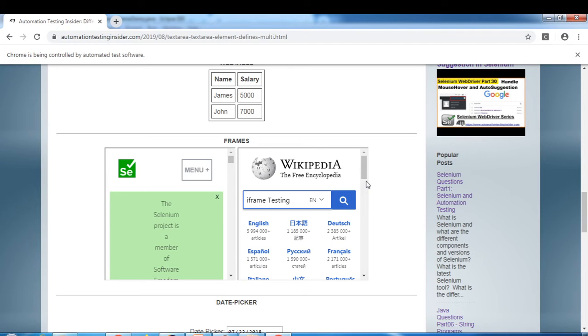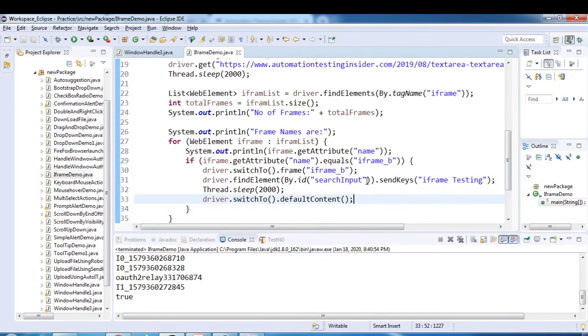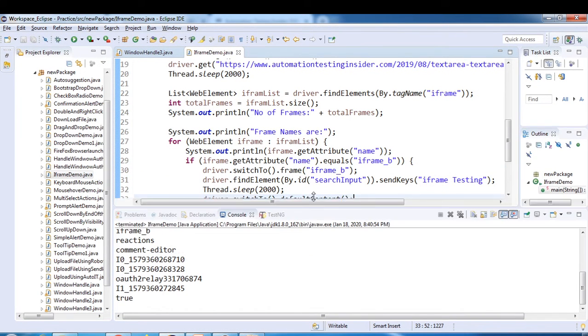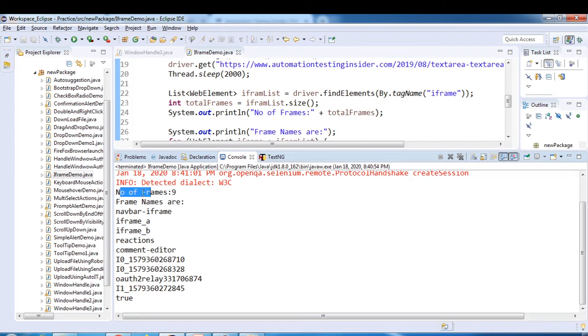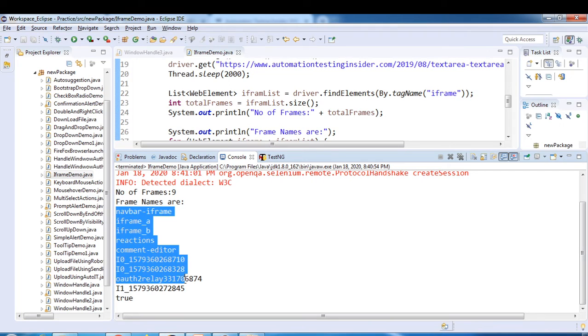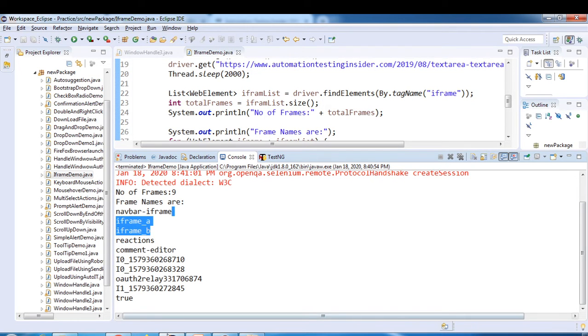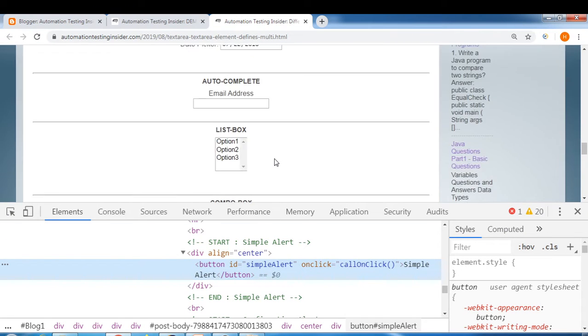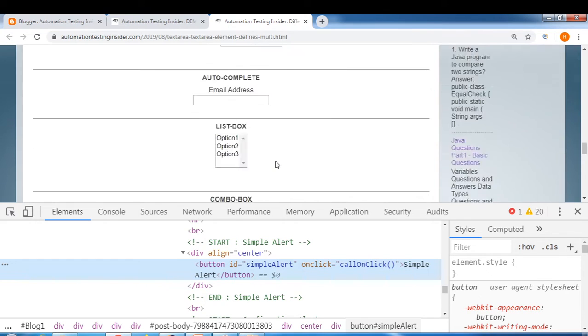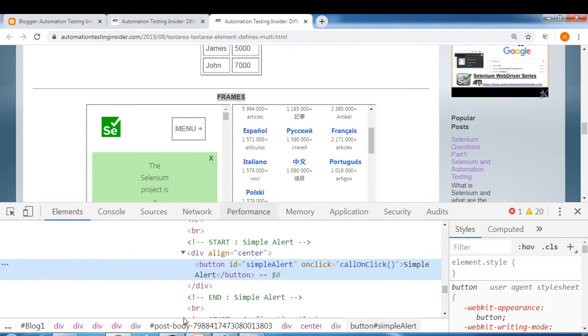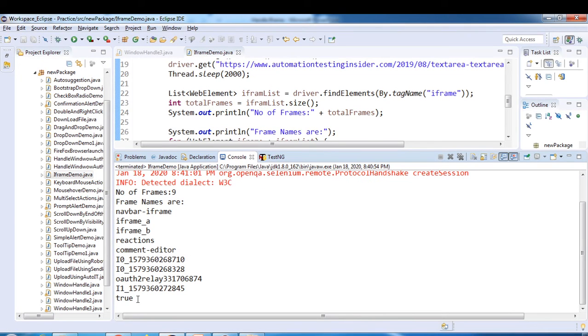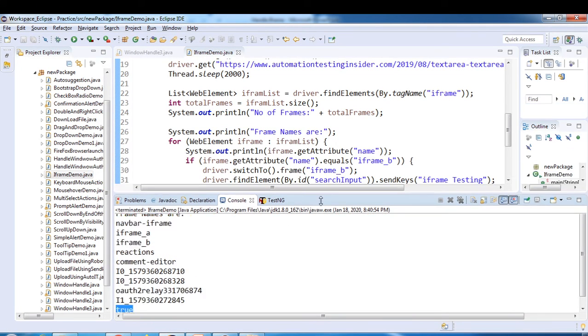Here you can say iframe testing, and then close the browser. So these are the results. Number of frames 9, and these are the different frames by name. These are the 2 frames which we have added recently, like these 2 which I talked about, and other things are true. So after coming back to the